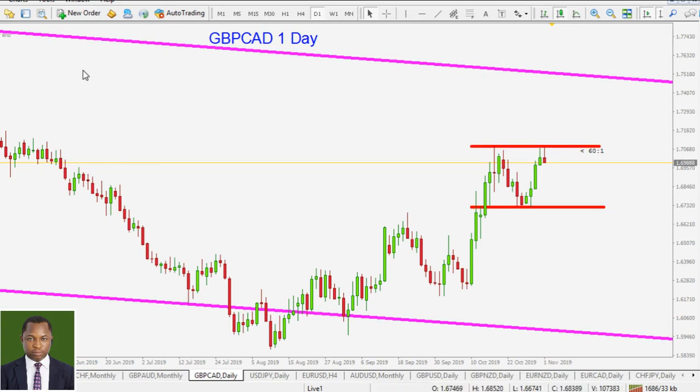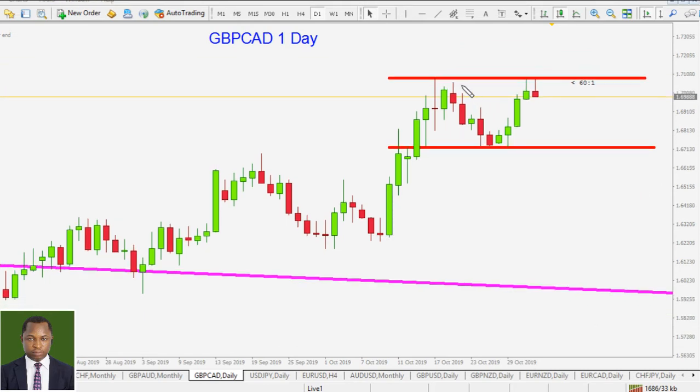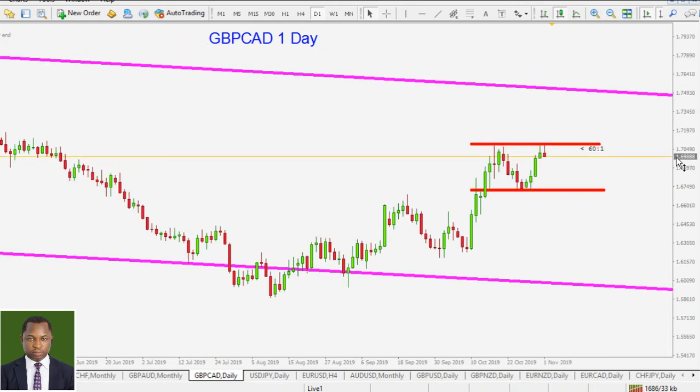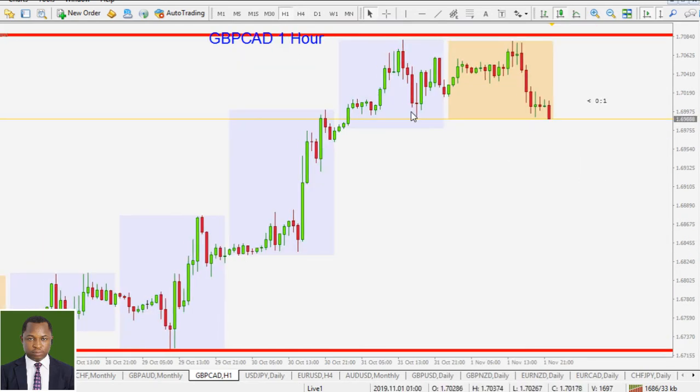All right, nothing much from the current price action. This is a twin pin bar and an opportunity for price to come back down within this range. But remember, the Canadian dollar employment data will be released on Friday, and an interest rate will be released for the sterling pounds as well this week. So you want to be careful trading the sterling pounds against the Canadian dollar, as those news announcements can cause abnormal market volatility.